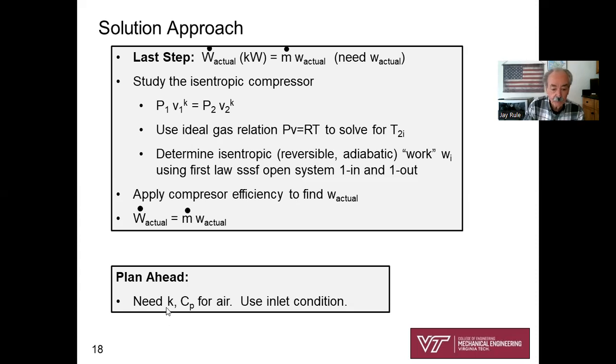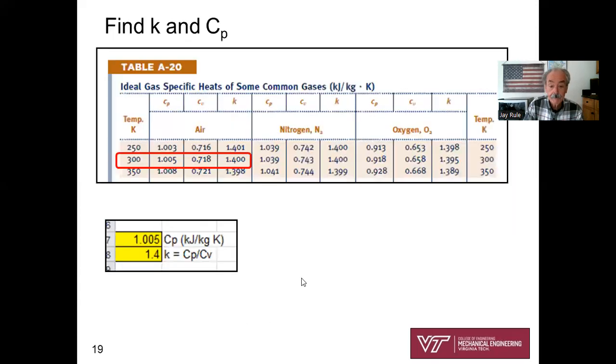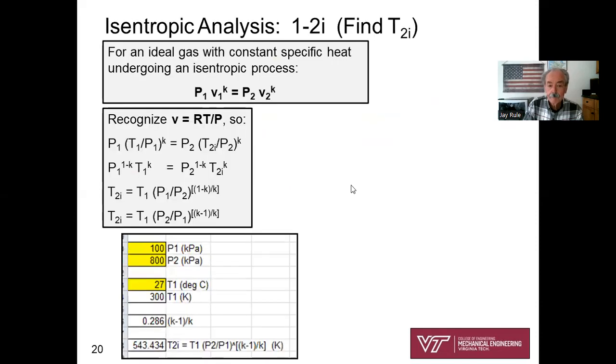So let's plan ahead. We need K and we need C sub P for air. Let's use the inlet condition. Here we go. We're going to go to A20. We're going to find air. We're going to write down C sub P at the inlet condition is 1.005 kilojoules per kilogram degree K, and K is 1.4 if you don't remember it. Now we're going to study the isentropic compressor,